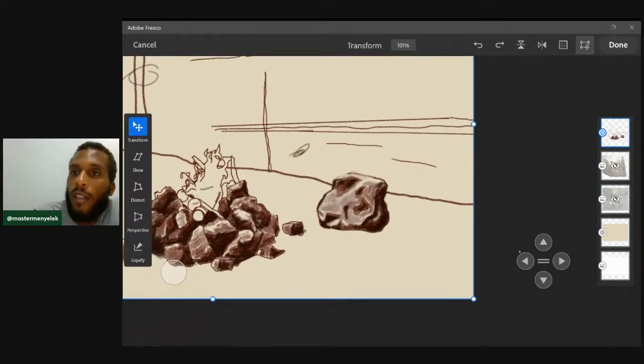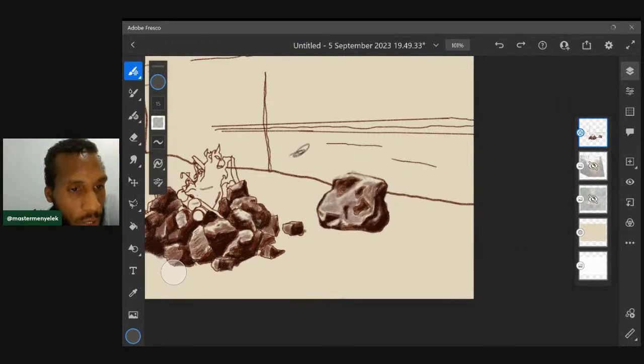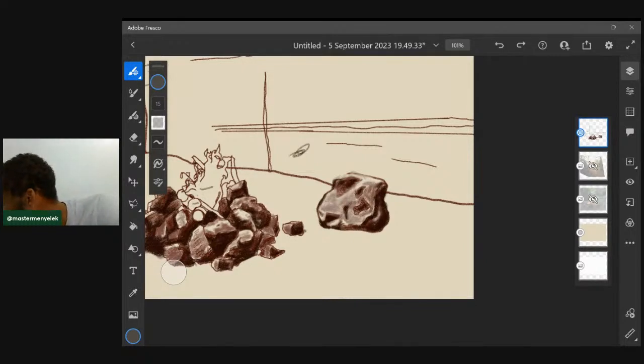Alright, so I'm going to start adding some textures to this now on these rock formations. And then, still got some good time left. So let's see, make this a little bigger. This is going to add some depth. And there's something that I should have said earlier in the beginning. Maybe it would have helped me to remind myself. But I'm on a digital platform, so I kind of got a little bit of leeway in terms of